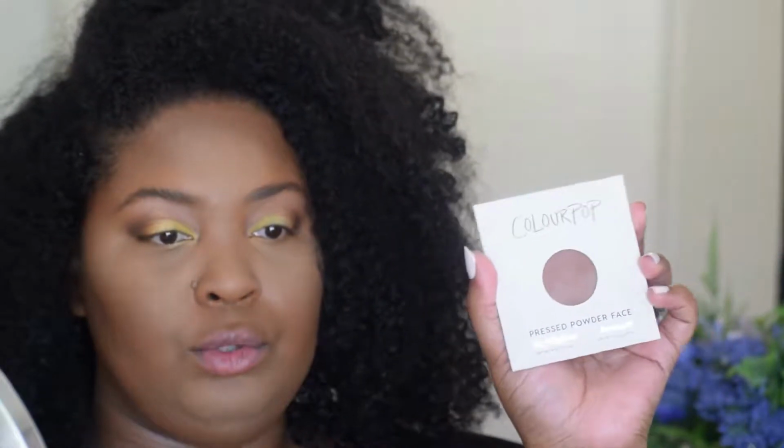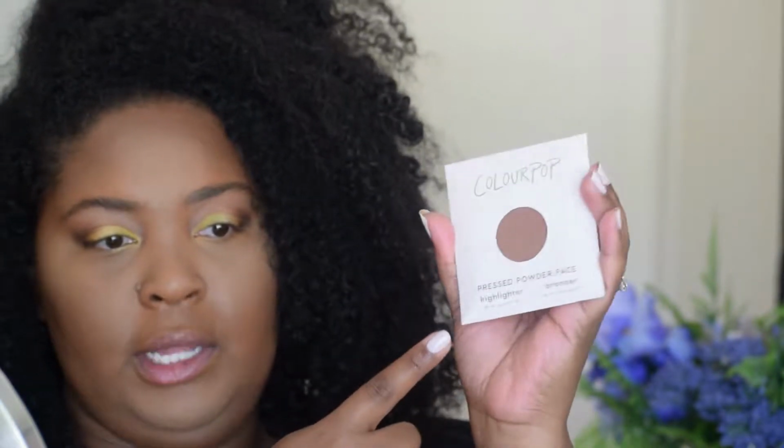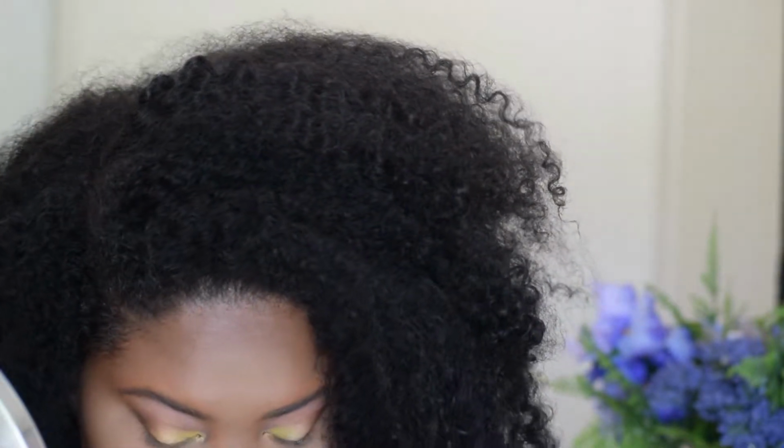And then let me get the other bronzer. And this is in the color Rodeo Drive. And this is the packaging they come in when it's just the pan form. It's the same size, but it looks like that. That's what Rodeo Drive looks like. I actually thought in the picture it was supposed to have shimmer in it. One of them had shimmer and one was matte. I actually think which